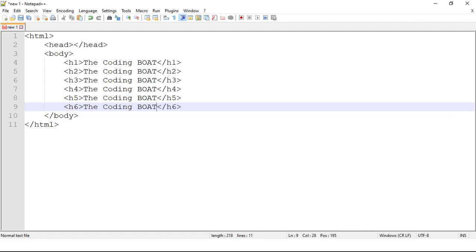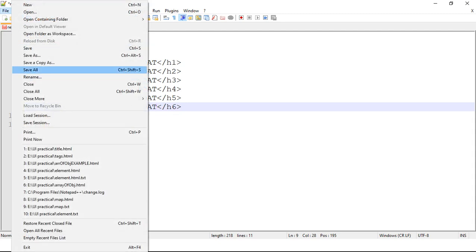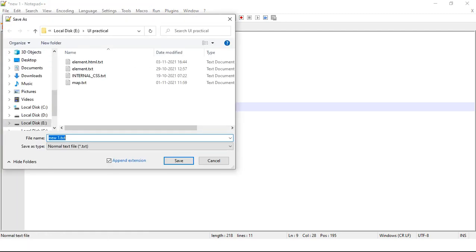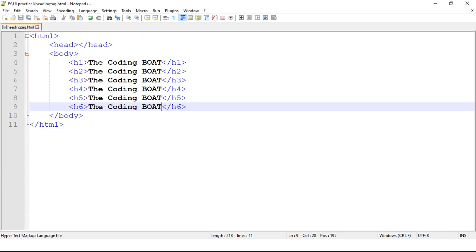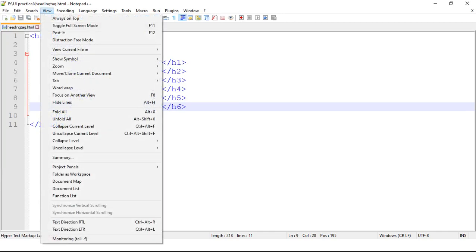Now our code is ready. Let's save the code, and I am going to save this as heading tag .html file. Let me write it properly, heading tag .html file. Now let's execute the code.